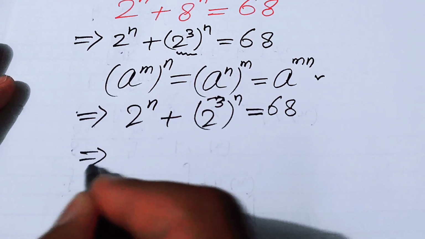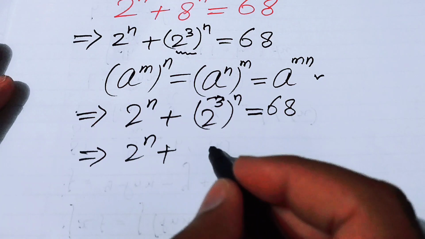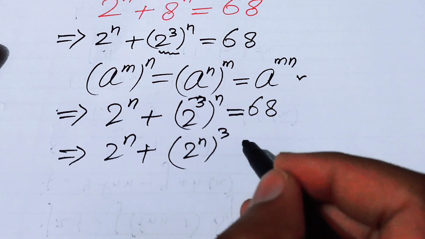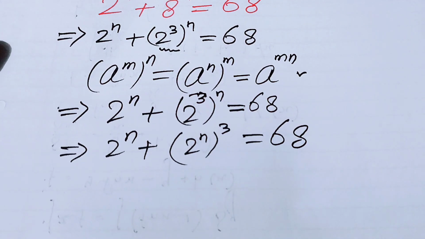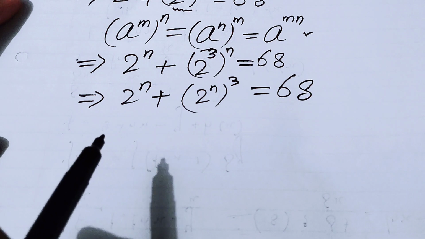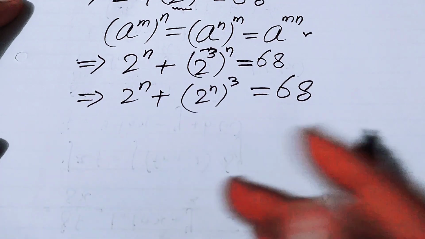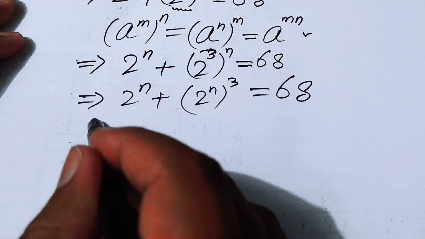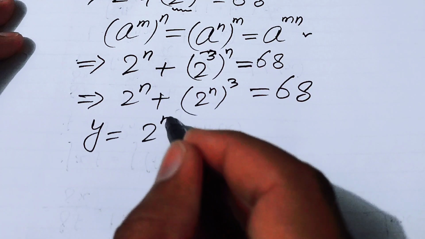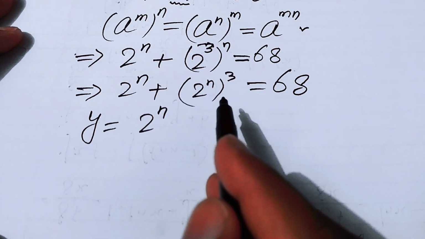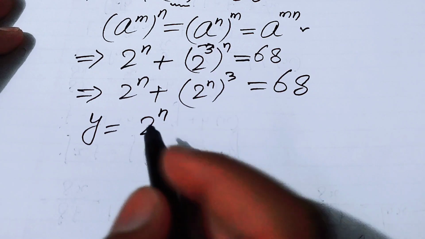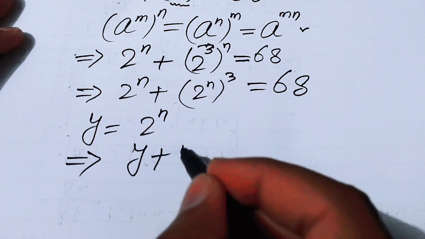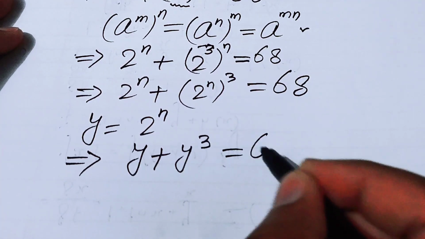And now we interchange these two exponents and we write 2 to the power of n and its whole cubed is equal to 68. And now we change this equation into the cubic form, so that here I can put y is equal to 2 to the power of n, so that this exponential equation becomes in cubic form, y plus y cubed is equal to